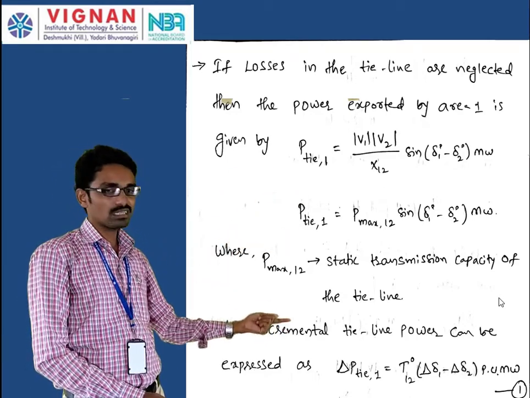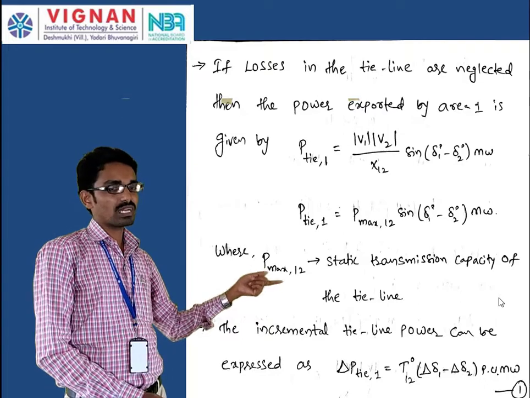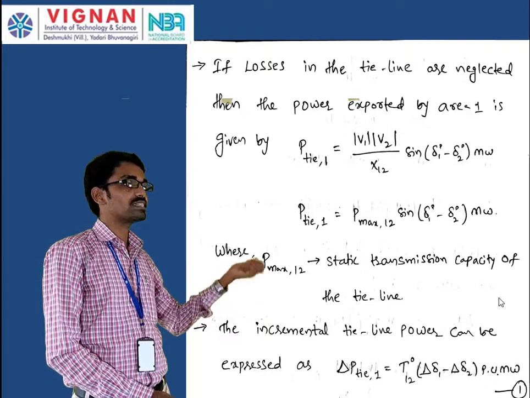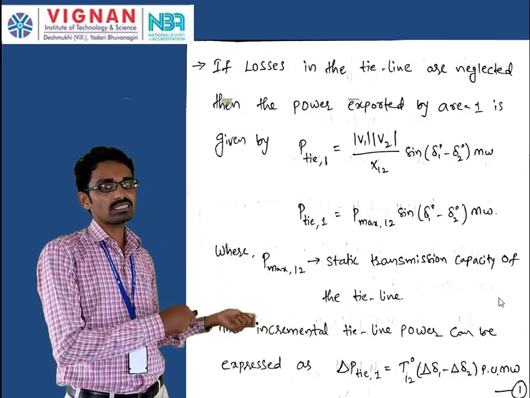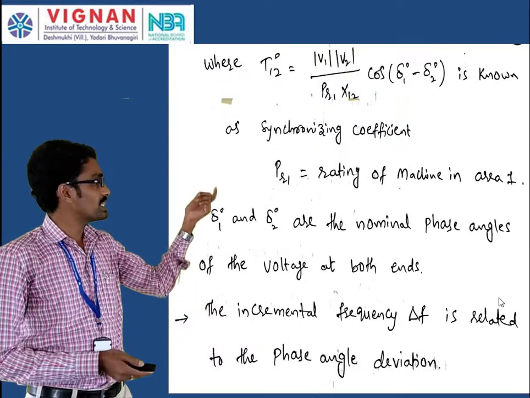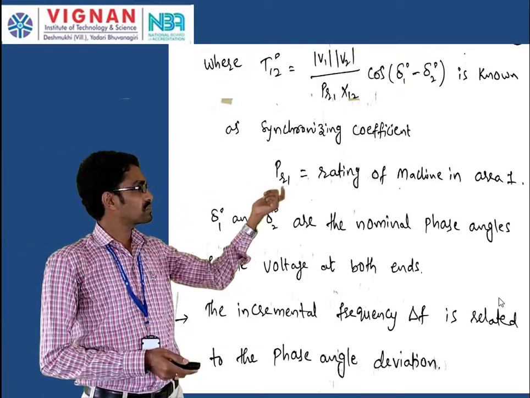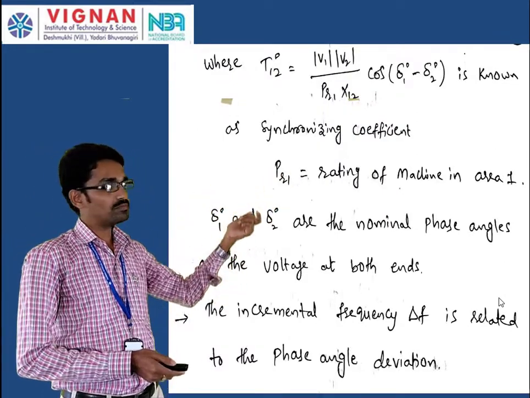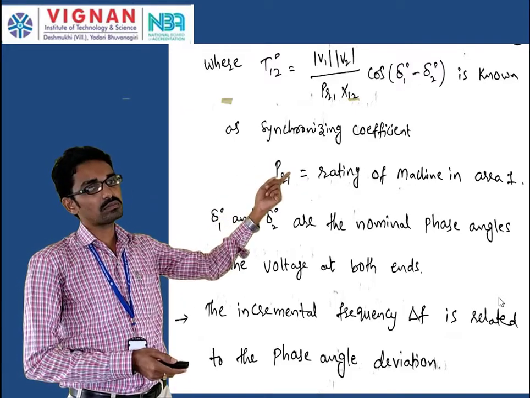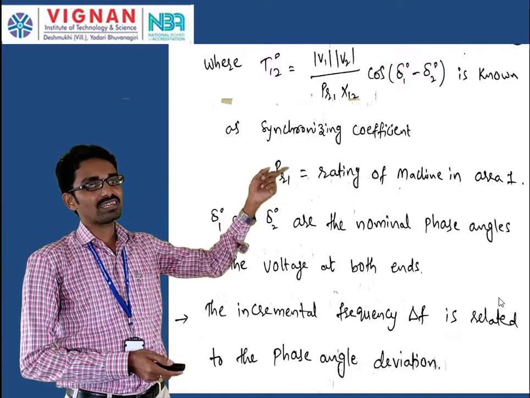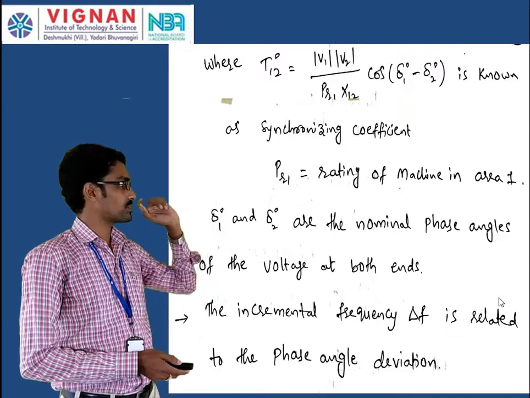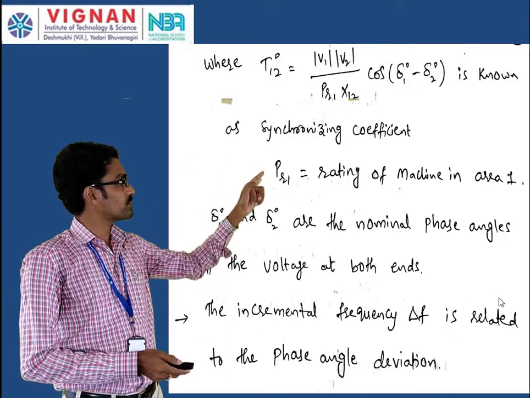But when you consider here, these units are in per unit megawatts. Why? Because I have considered the rating of the machine. T12 is nothing but magnitude of V1, magnitude of V2 by PR1 into X12 cos(delta 1 0 minus delta 2 0), which is known as the synchronizing coefficient. So the synchronizing coefficient is nothing but